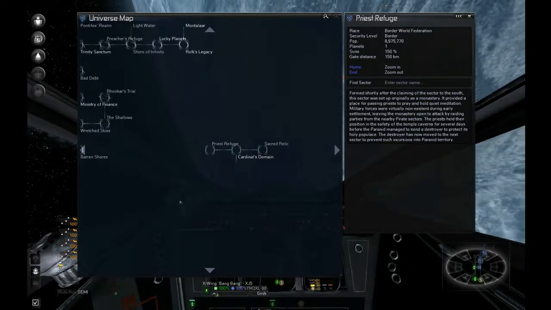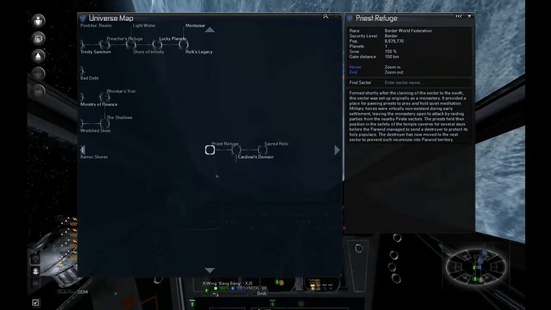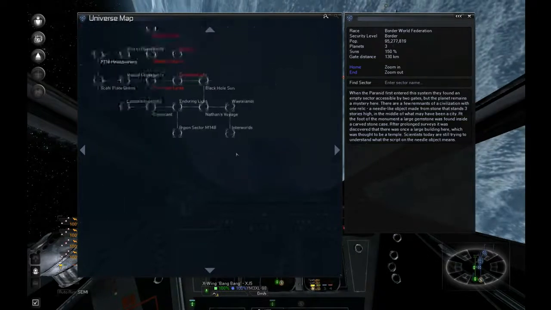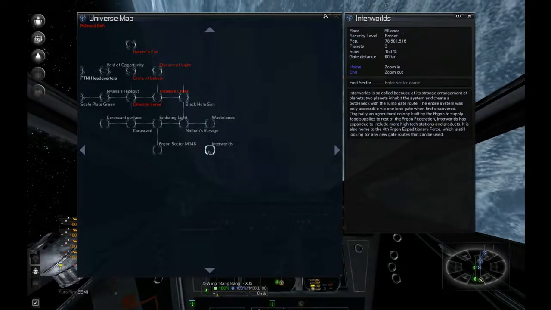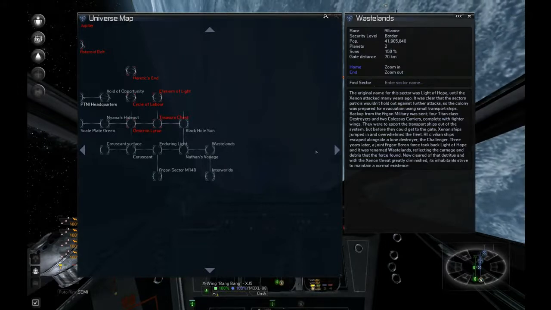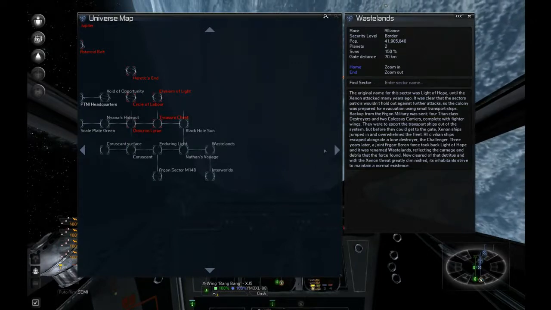Now there's a bunch of Federation sectors here that I haven't explored yet. But this cuts right across, and then East Gate here actually leads up here to Inner Worlds. Now there's actually sectors over here, and I think if you just went straight to the end, went